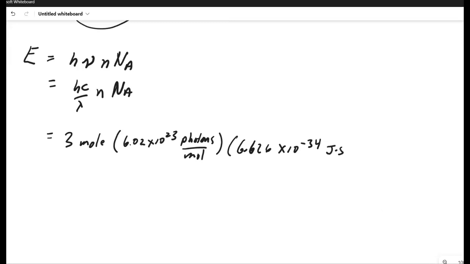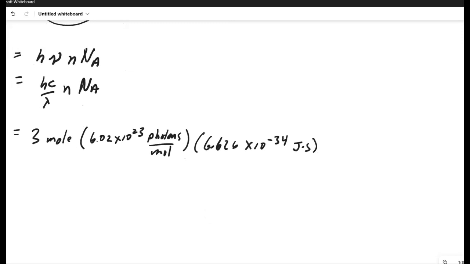That's joules times second. And then my frequency is going to be, remember, frequency is equal to speed of light over lambda. That's 500 nanometers. So my frequency, when I go ahead and do that, is going to be 6 times 10 to the 14th per second, or also called hertz. That's the unit of frequency. So multiplying all these together,